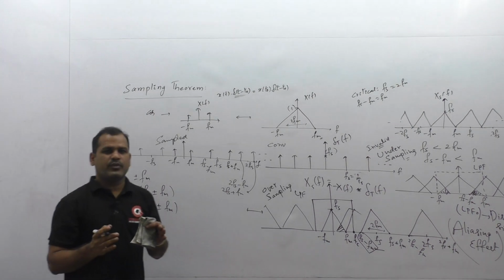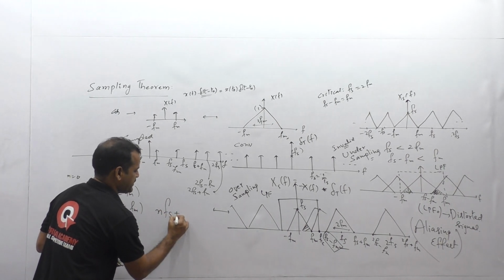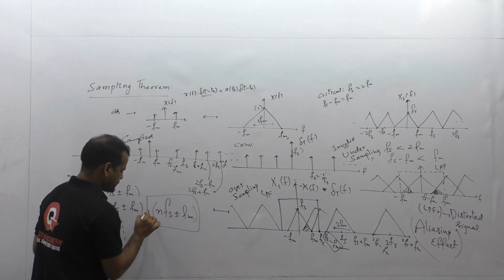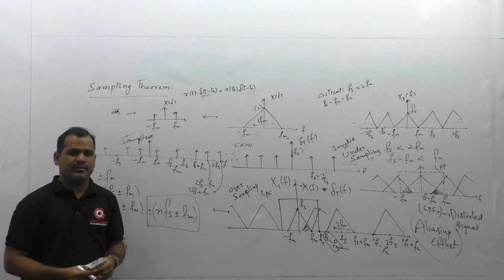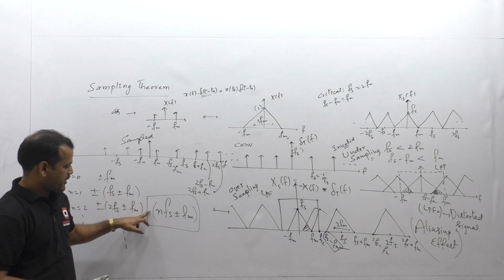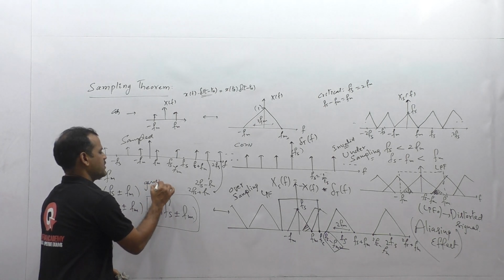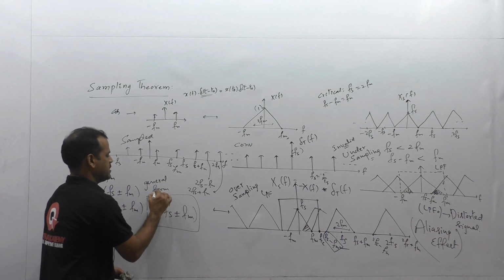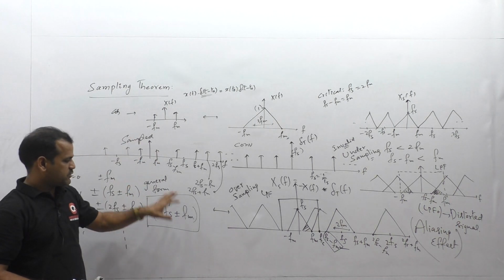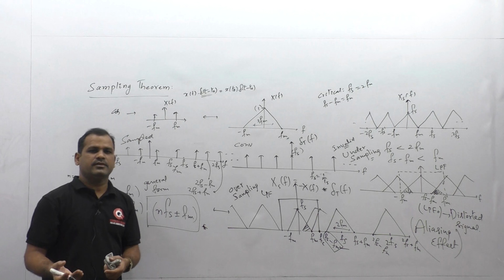So what are the frequency components available in the sampled signal for a cosinusoidal signal? We are having n Fs plus or minus Fm. Of course here plus or minus you can take, but in any competitive examination we are getting the questions only based on the positive spectral components. That's why we need not take minus components here. Let us take the general form like this. It is the general form of the list of frequency components available in the sampled signal of a cosinusoidal signal. So this is one important consideration which helps us in solving many problems within less time.